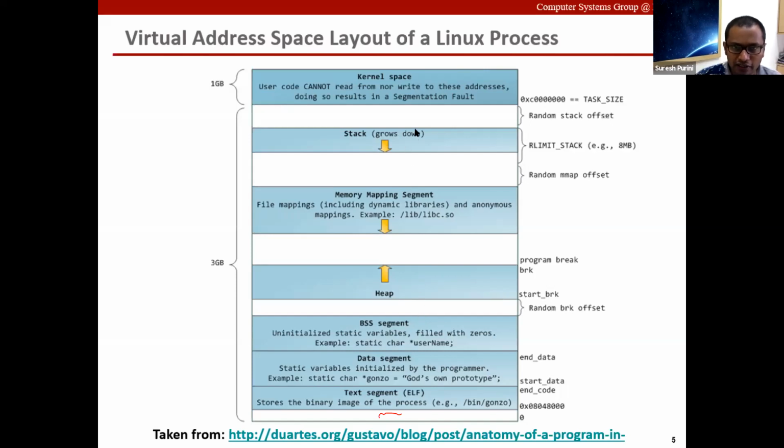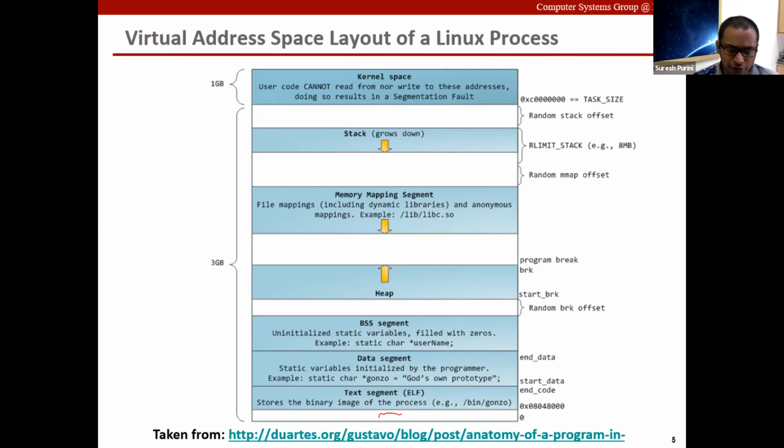And then stack is growing in this direction, and heap is growing in this direction. And I want you to pay attention to this. There is this random stack offset, and this random stack offset is there to kind of beat a buffer overflow attack. There's something called a buffer overflow vulnerability. I will post a reading assignment on that in today's homework. In order to beat that, I think randomizing the base of the stack helps to some extent.